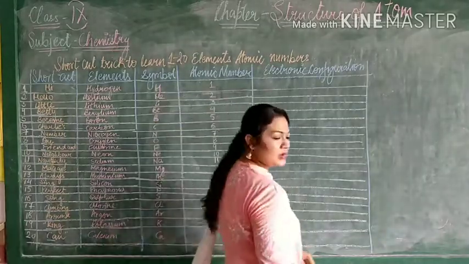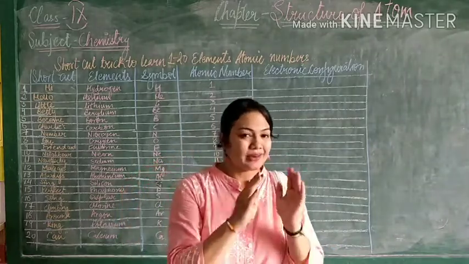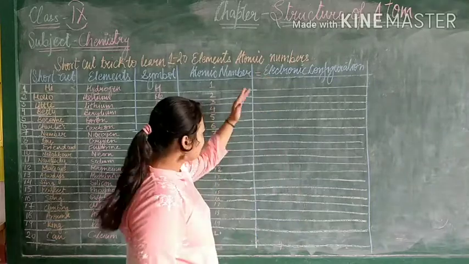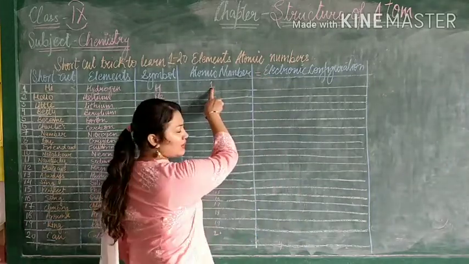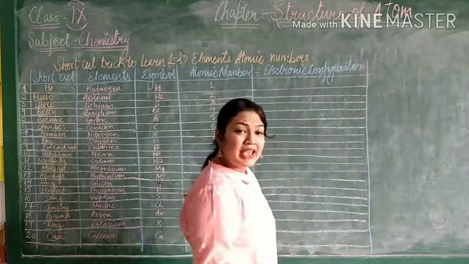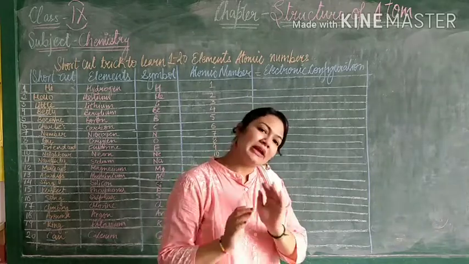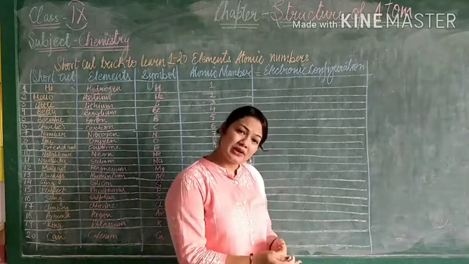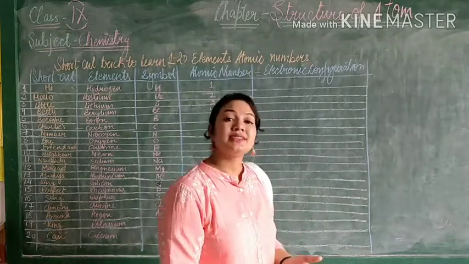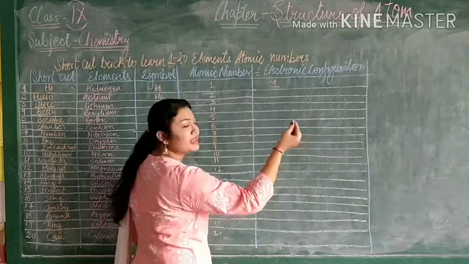So we will write, because electronic configuration is the number of electrons, and the number of electrons is equal to the atomic number. They both are equal. So let's write down 1. In the shells K, L, M, N, in the K shell only 2 electrons can come, and in the other shells a maximum of 8 electrons can come. And if 8 electrons come in the last shell except the K shell, that means they are very stable. So let's start: 1, that means only 1 electron will come in the K shell.